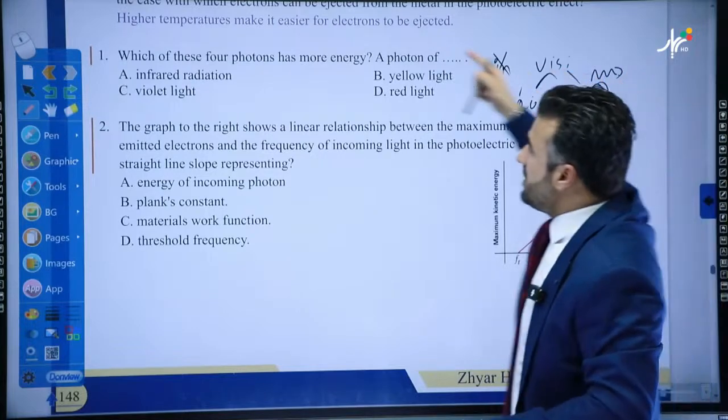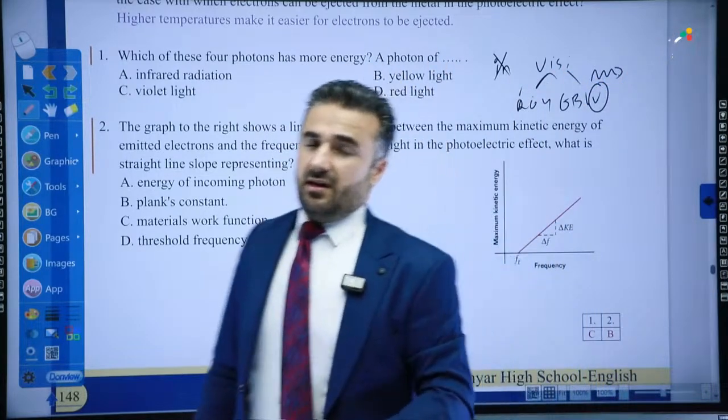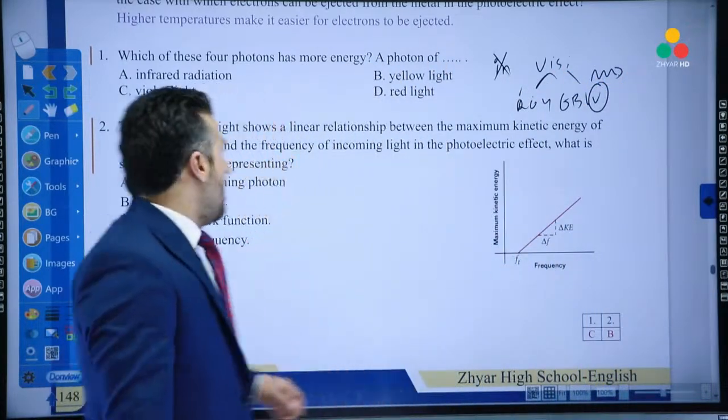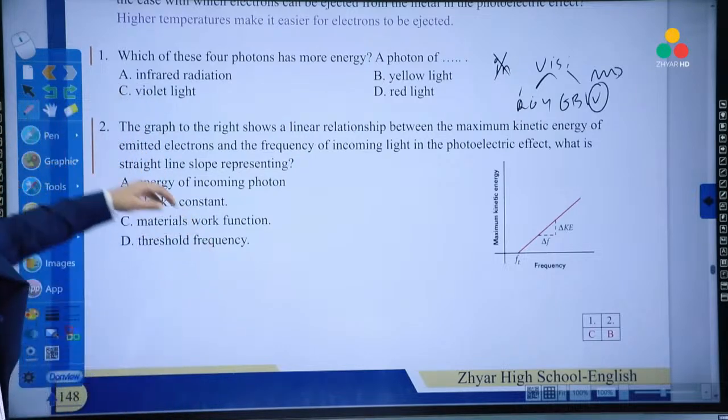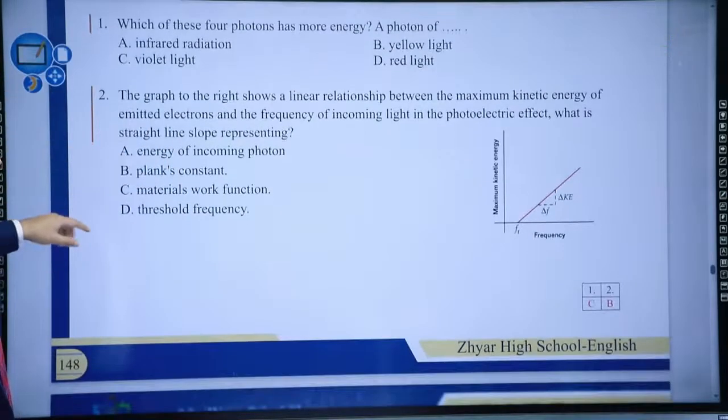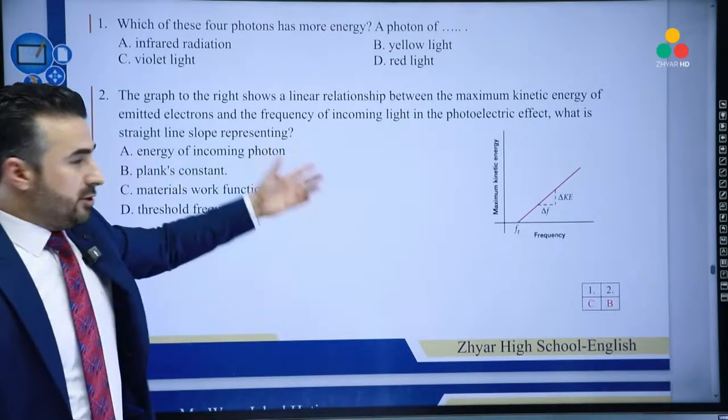The higher the frequency, the more the energy. So of course we can say it is violet light. Okay, now another question here says, take a look, the graph to the right shows a linear relationship between